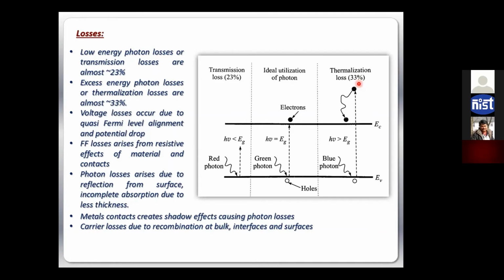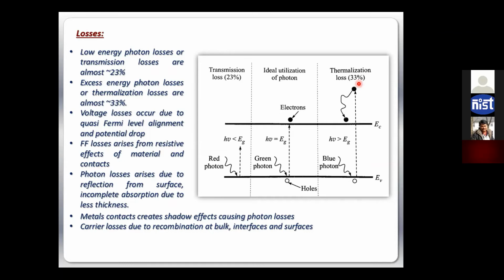So just the 56% of loss is coming from the fact that one material has one band gap, and only photons with matching energy are used, and the rest have either lower energy or higher energy. In both cases, they produce a lot of losses that is beyond our control, right? Because we cannot have a material with a flexible kind of band gap, right? So one material is always having one band gap. So that is the primary limitation of this field.